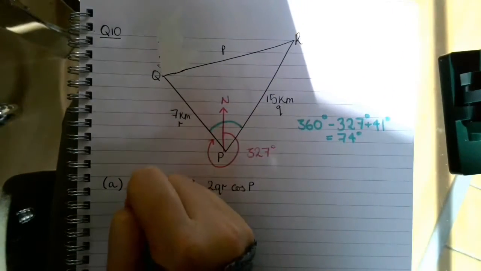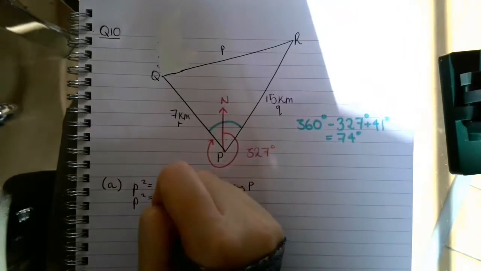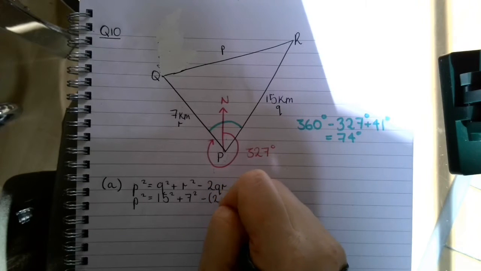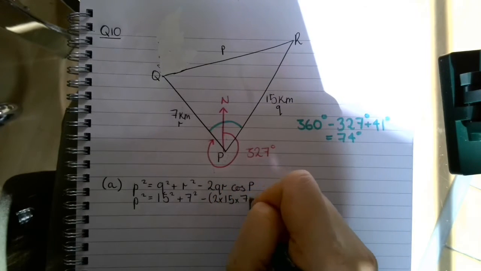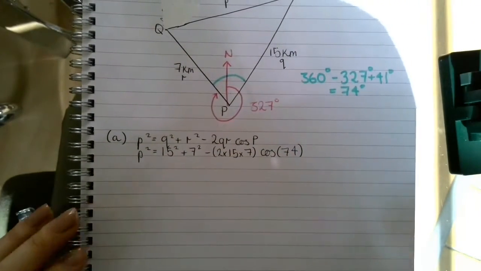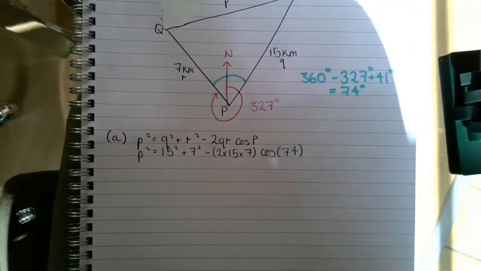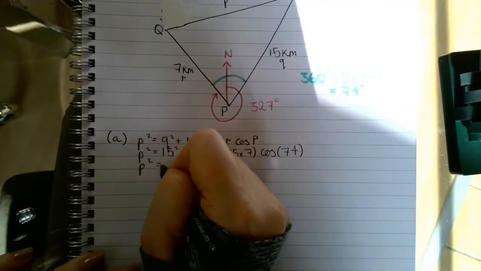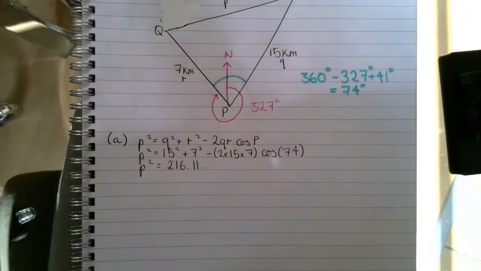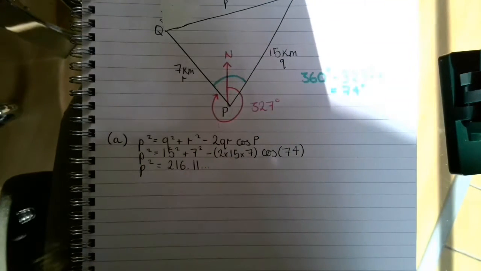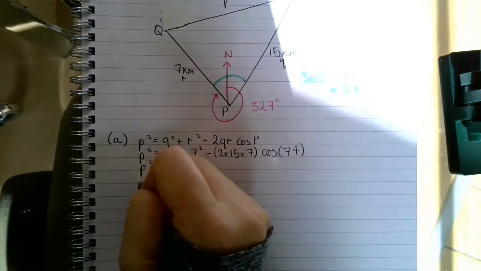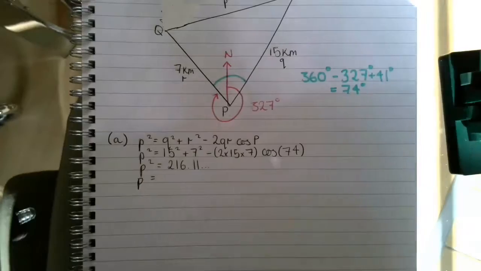So we've got that P squared is equal to Q squared, that's 15 squared, plus 7 squared, subtract 2 times 15 times 7, cos 74. So when we type that into our calculators, we'll get that P squared equals 216.11 and so on. So then we're going to take the square root, and we're going to take the positive answer of that square root because we're looking at distance, and we're going to round it to 1 decimal place, and we get